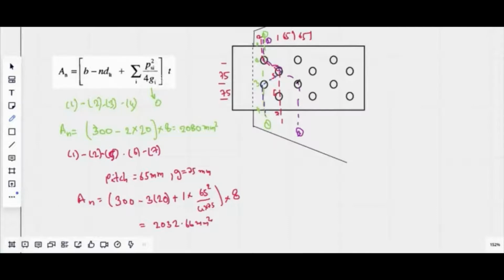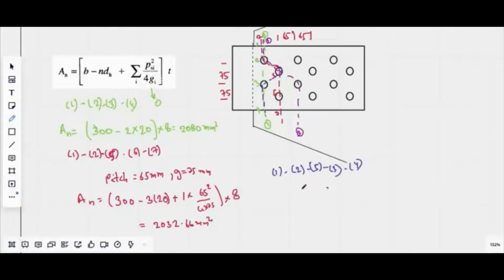If we extend it, we will get three bolts, and if we delimit it, we will get three bolts. So this is the last critical section we are going to see. The failure starts from point 1, then passes through point 2, then the section comes around point 5. From 5 it goes around point 3, then finally collapses at point 4.